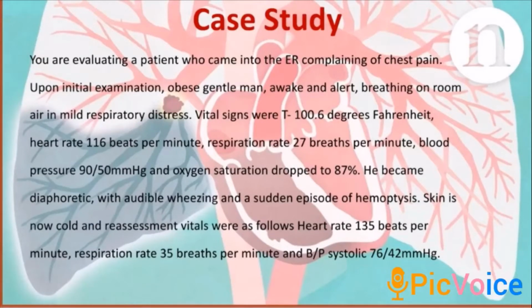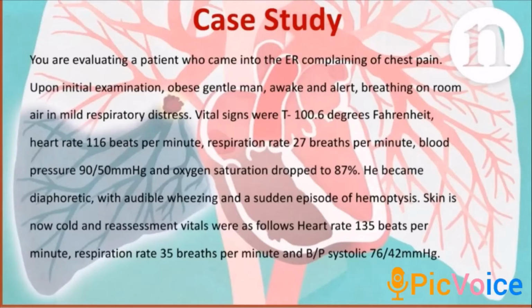Now, back to the patient who was rushed into the ER for emergent care. Once again, you are evaluating a patient who came into the ER complaining of chest pain. Upon initial examination, obese gentleman, awake and alert, breathing on room air in mild respiratory distress. Vital signs were temperature 100.6 degrees Fahrenheit, heart rate 116 beats per minute, respiration rate 27 breaths per minute, blood